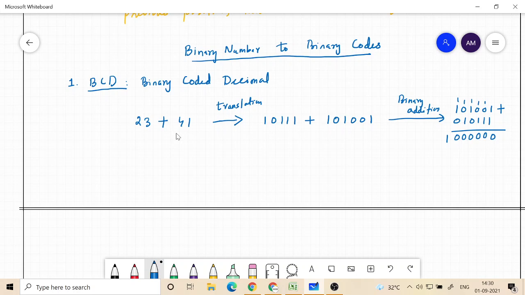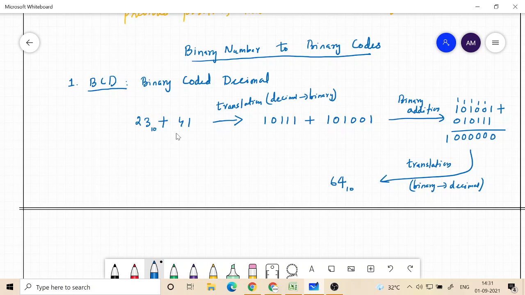But the computer is giving you this number. So now what do I have to do? I have to translate, because for me it is very difficult to understand which number this is. So I need a further translation back. The first translation is decimal to binary. That was the first translation. Here it is binary to decimal. And then I get to know that this is basically 64.